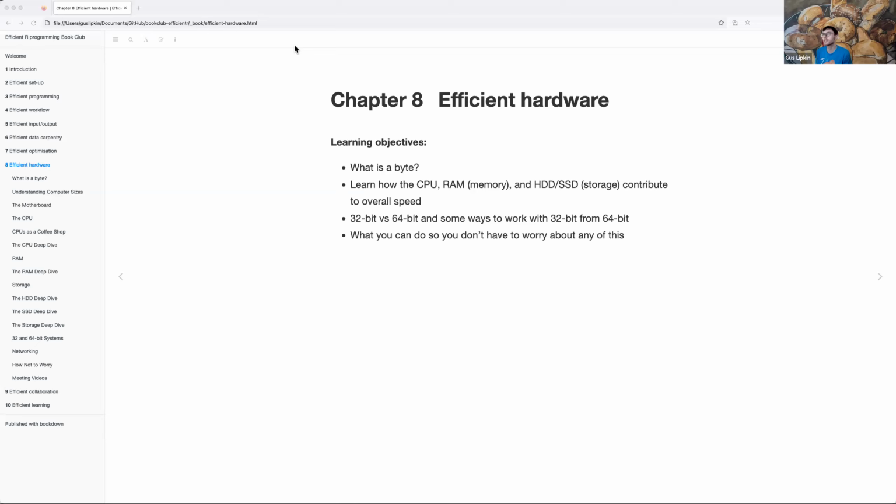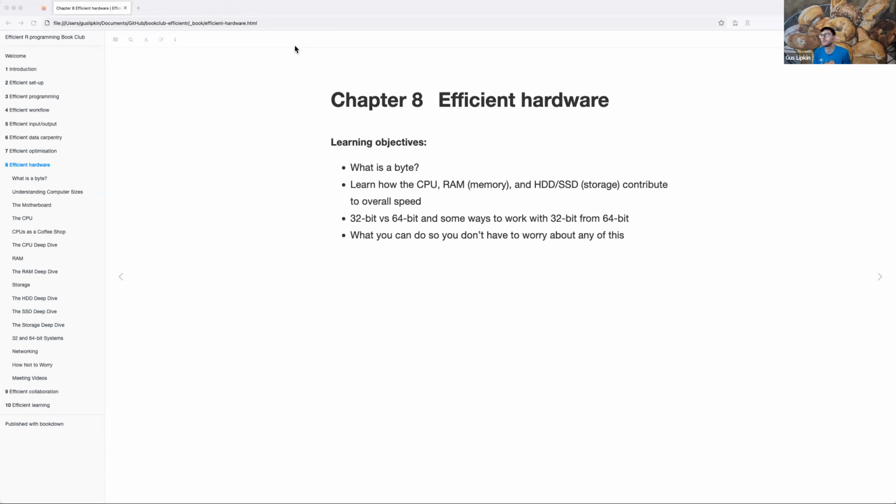Cool. So this is chapter 8, efficient hardware. I sort of went way off the deep end compared to the book, just because this is something I am a little passionate about and know a little bit about. So I think we're gonna have some fun. We are going to learn what a byte is,